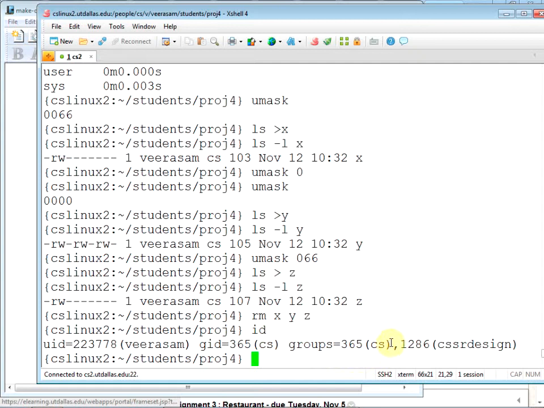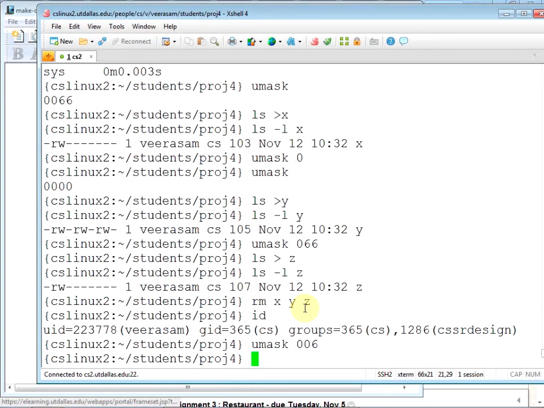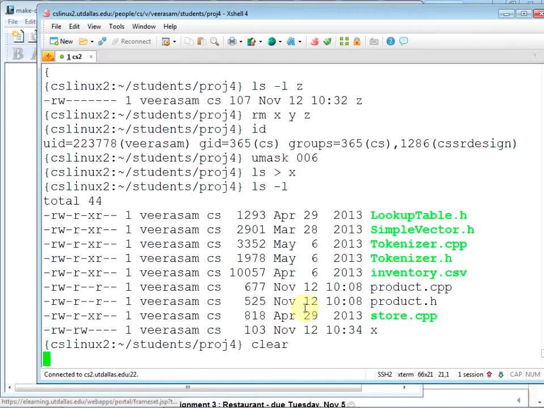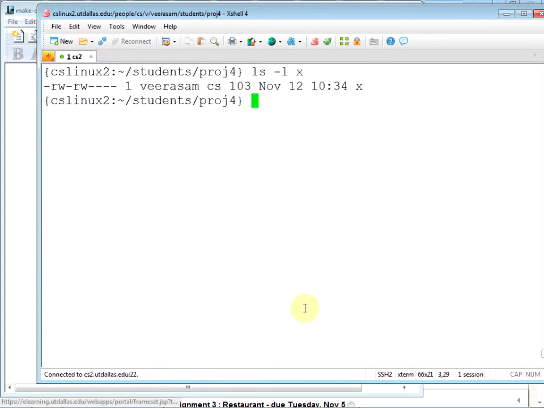When you change the permissions, when you do this UMask 006, let's say I want to give permissions to my group, then when I do like this, you can see now my group got the permissions.